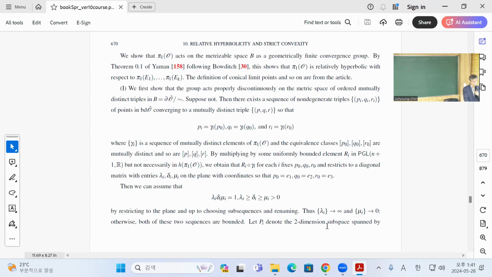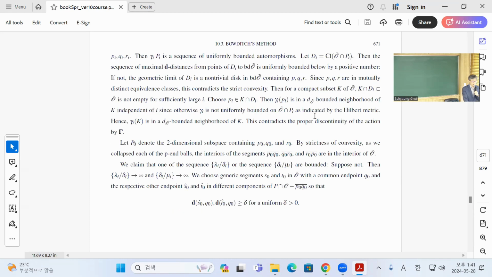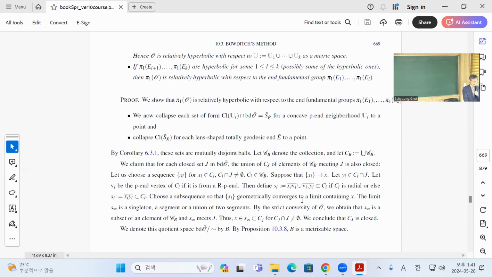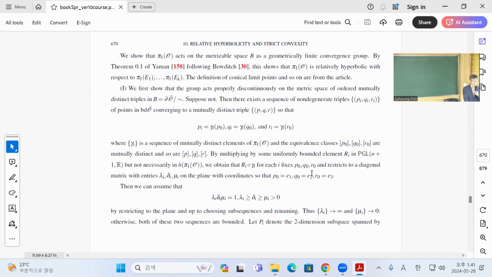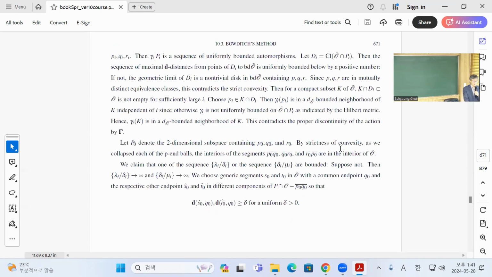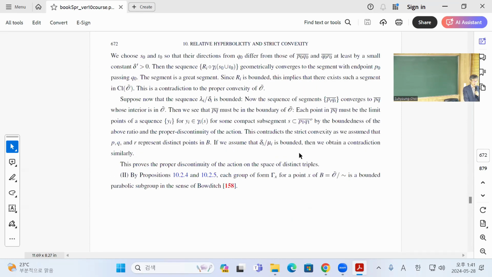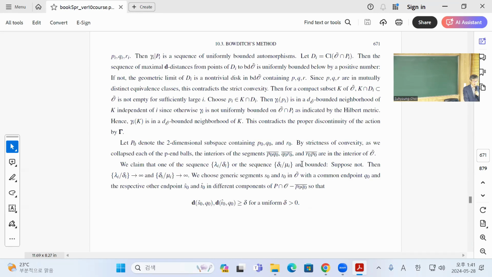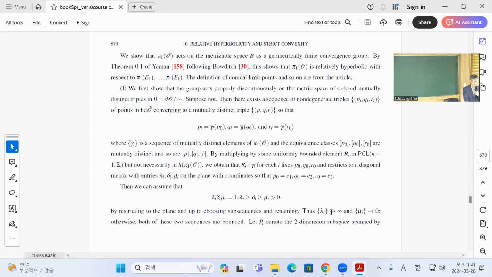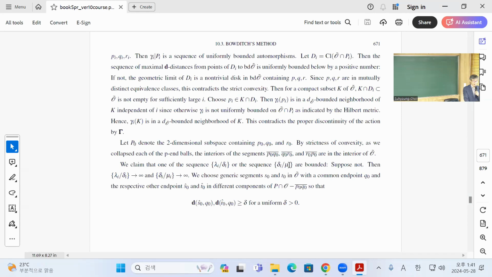So we assume this to be true, and then the thing is that if these kind of things are holding, then I show that if this holds, and these are bounded. So if not, then they will all go to infinity, and you can choose some generic element meeting these endpoints, and then again you can show it